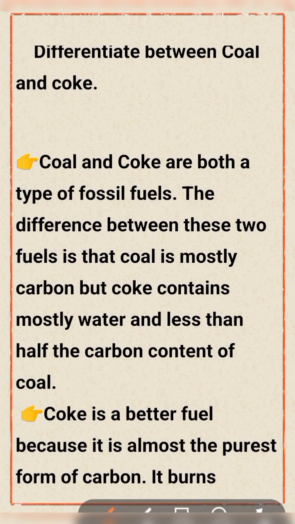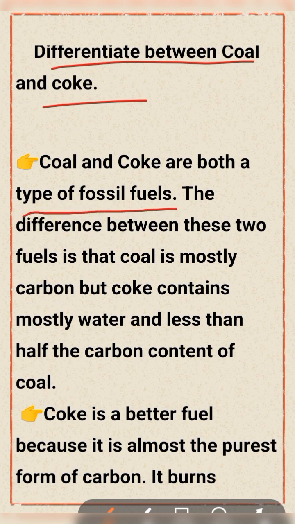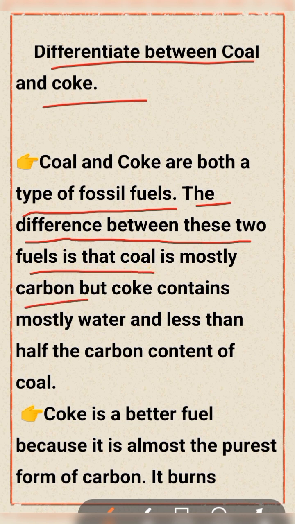My dear viewers, now the difference between coal and coke. Coal and coke are both types of fossil fuel. The difference between these two fuels is that coal is mostly carbon, but coke contains mostly carbon and less water than coal. Okay. Next point: